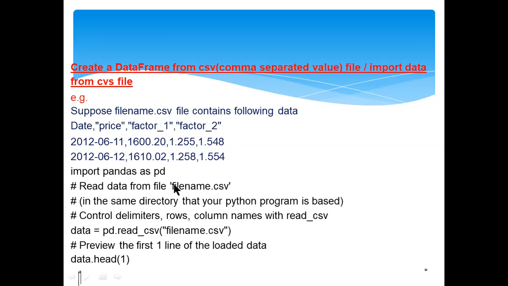It reads the data from the CSV file. The Excel file should be in the same directory as your Python program. With read_csv, this is the method by which any CSV file can be read.